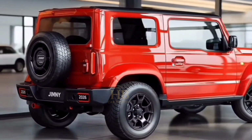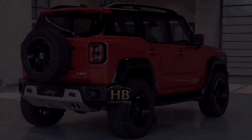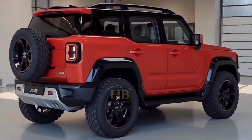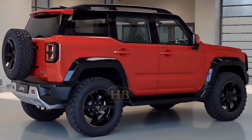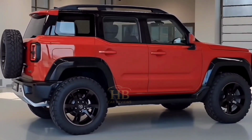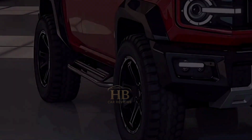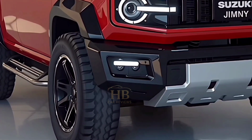The Jimny remains instantly recognizable with its upright stance, flat roof, and short overhangs. But for 2026, the styling has been subtly refined. The front grille gets a more modern blacked-out finish with vertical slats, flanked by those signature round LED headlights that give it that classic off-road charm. The bumper is redesigned too, giving it a stronger and more aggressive look with improved air intakes and fog lamp